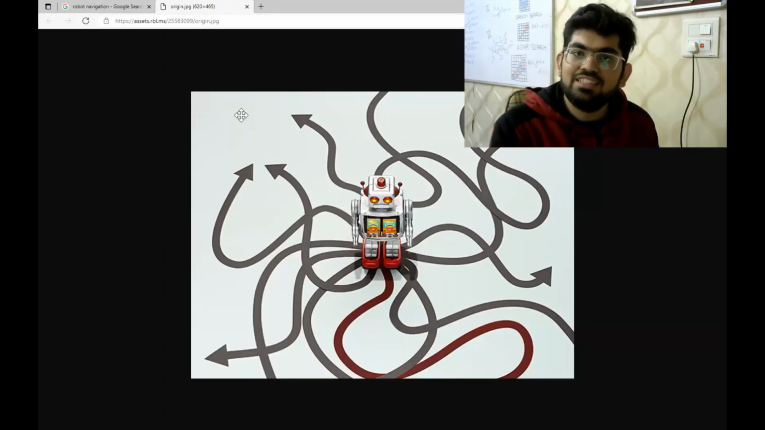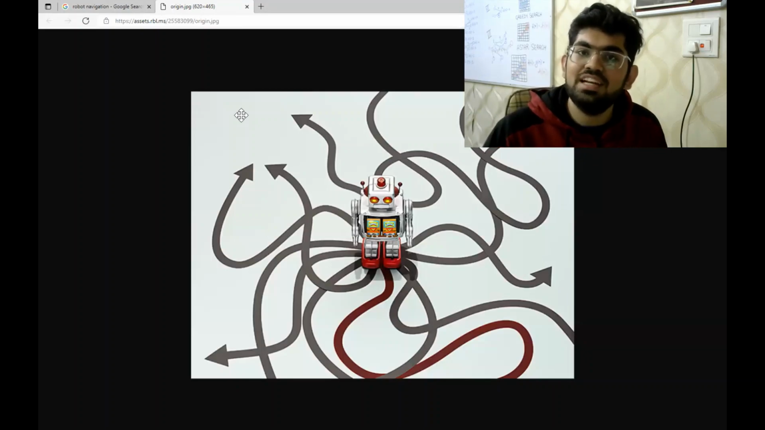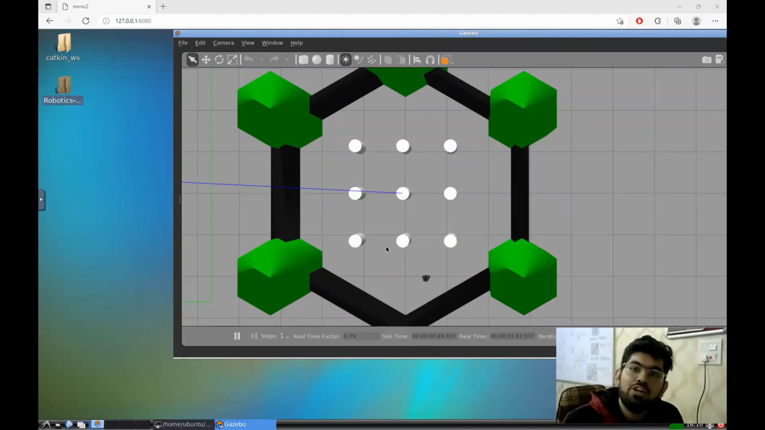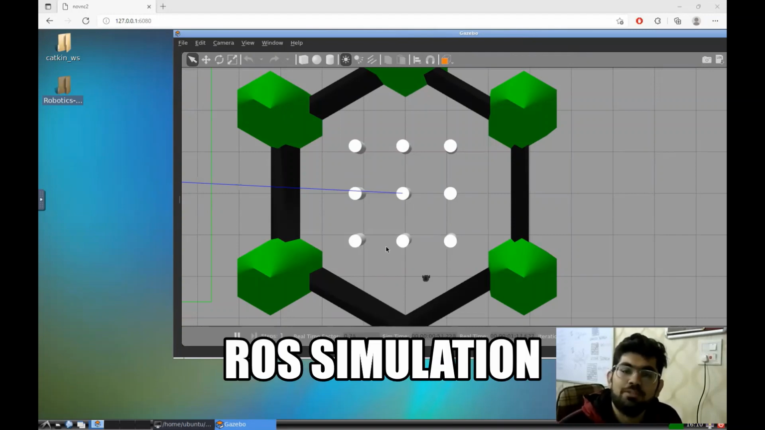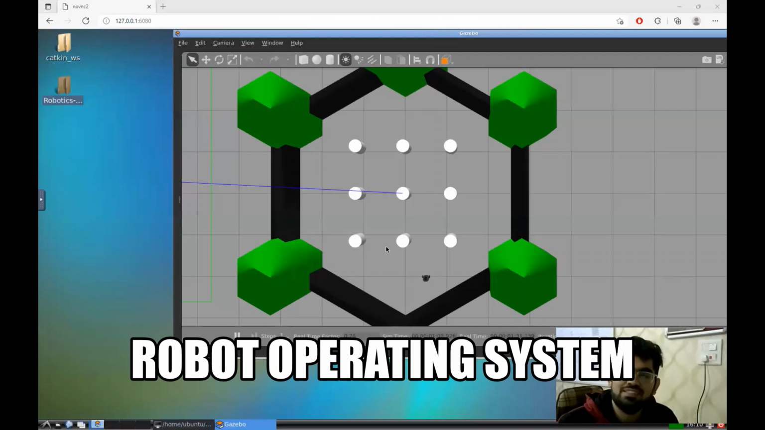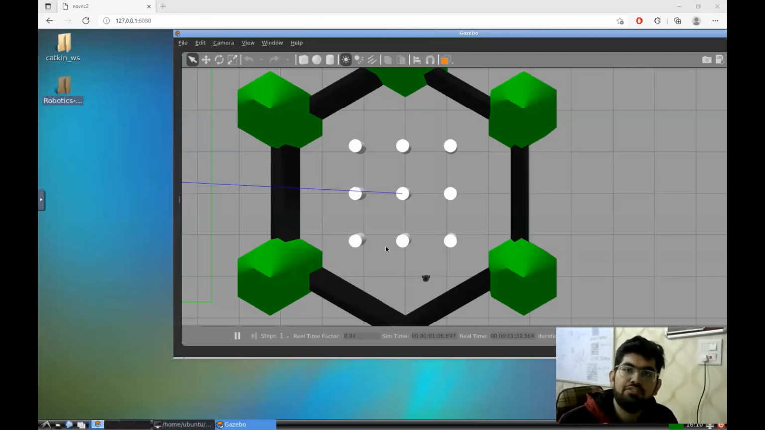First, let us see the visualizations of these algorithms on a simulated robot. All right, so we are going to run our path planning algorithms on a ROS-based simulation. ROS stands for Robot Operating System, and it is a framework to develop, create, and test robot software. In ROS, we can create various different simulations of different robots and test our different algorithms on those simulations. For our case, we are going to test our path planning algorithms on this particular simulation that you can see